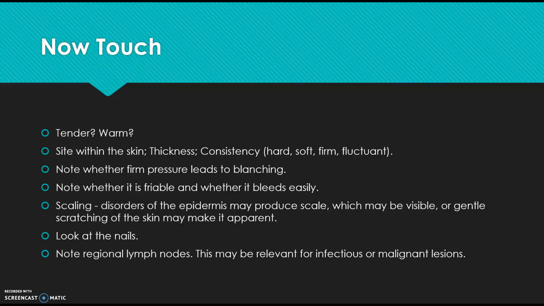Whether pressure leads to blanching, so does it kind of lose its color when it's depressed? Whether it's friable, which basically means it easily fragments when palpated. So think of it as something that little flakes can come off from it. Or does it bleed easily? Is it scaly? Also, you want to look at the nails and look, is it in the regions of the